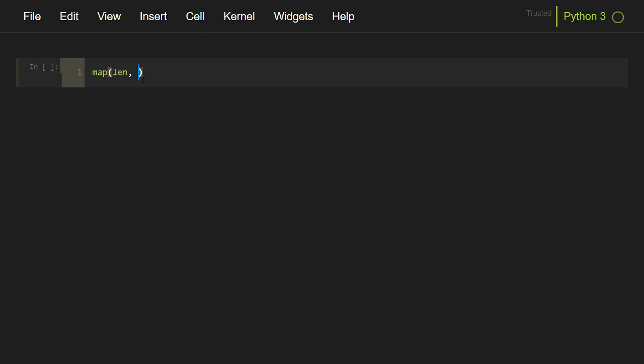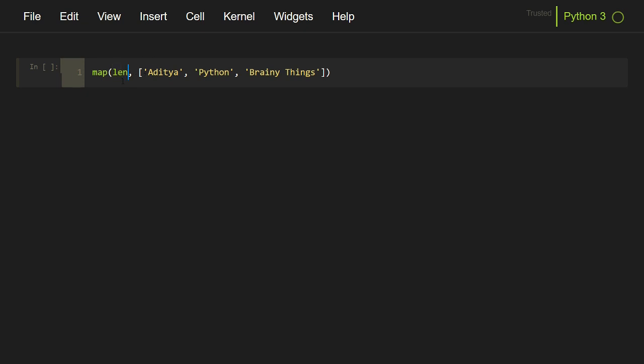The second parameter can be any iterable. I will use a list of strings: Aditya, Python and Brainy Things. What this map function will do is call the len function by passing each element of the iterable in it.